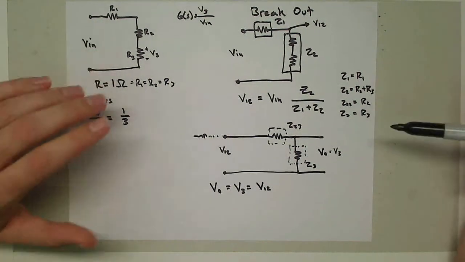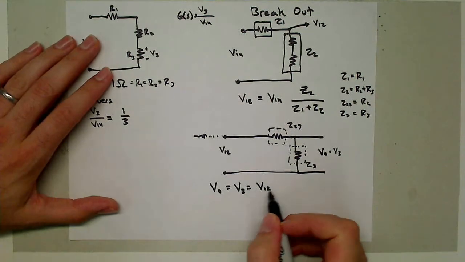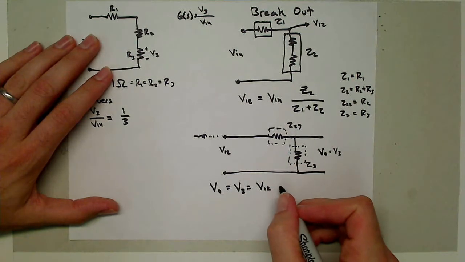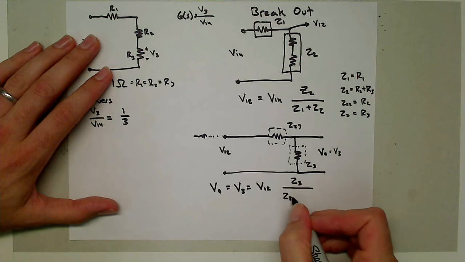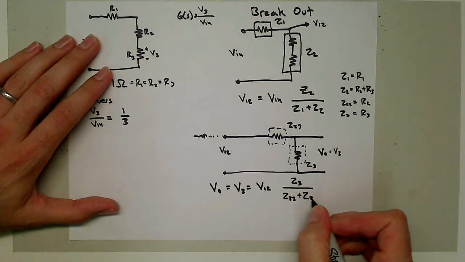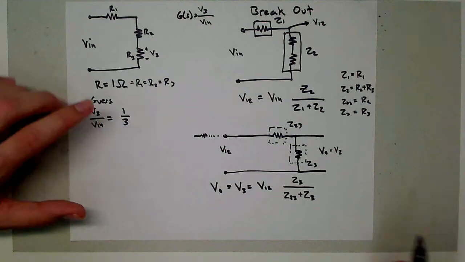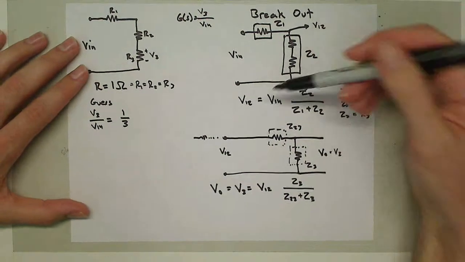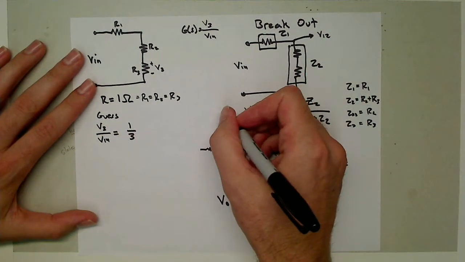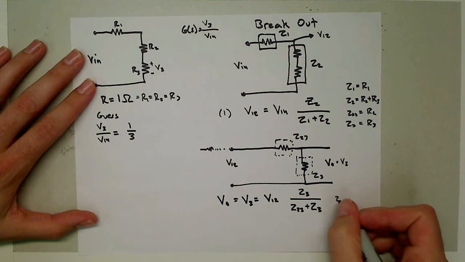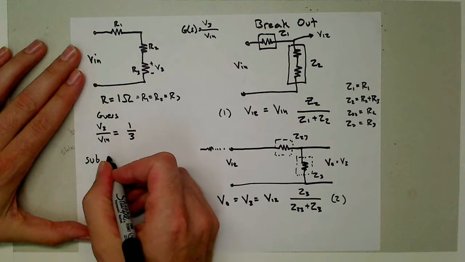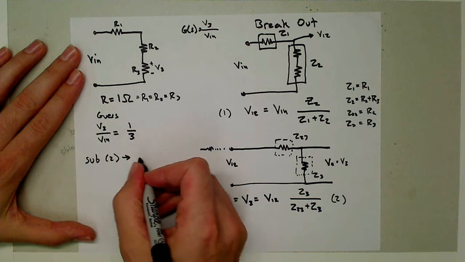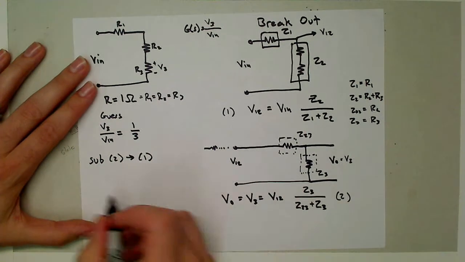So now that I've gone through that process, I know that V3 is equal to V12 times Z3 over Z23 plus Z3. Okay. So I can substitute this V12 back in. So I take this, which I'll call equation 1, and I'll take this, which I'll call equation 2. I substitute 2 into 1 to get